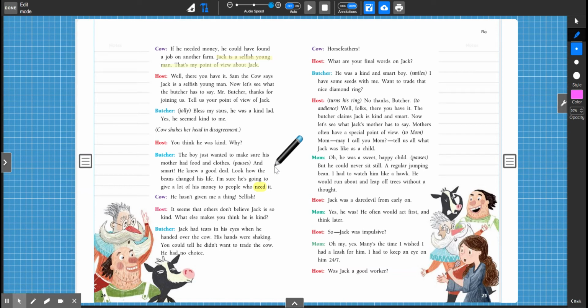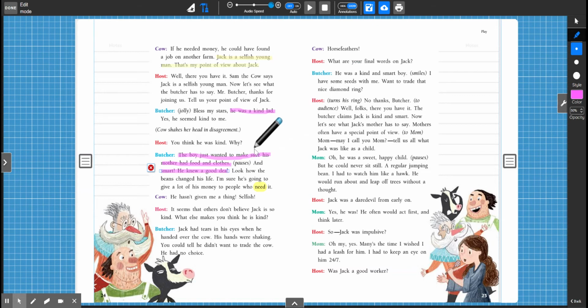And now we're going to highlight what the butcher thinks. So if you look at that first thing that the butcher says, he says he was a kind lad, right? So kind means, we know what kind means. A lad is a boy, okay? So young boy. And then he says the boy just wanted to make sure his mother had food and clothes. And smart, he knew a great deal. So he thinks that he's very smart. The butcher thinks that Jack is very smart and that he's very kind to his mother, gives her clothes and